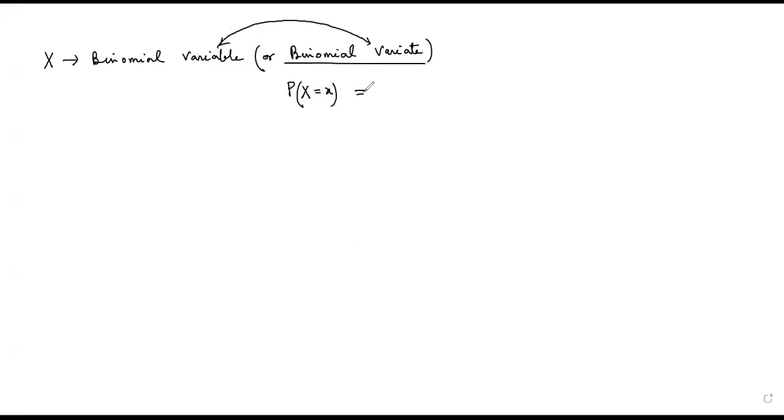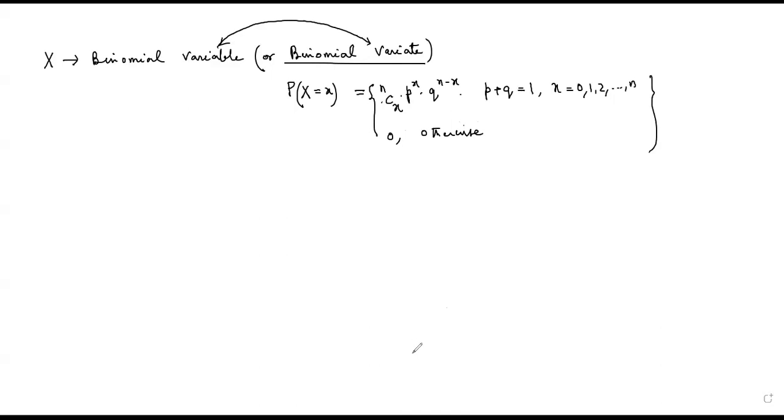So suppose you have a binomial variate, and we have come across that its probability mass function is given by this law, nCx p to the power x q to the power n minus x, where p plus q equals 1, and x takes the value 0, 1, 2 up to n. And for completeness, we always write it in the following manner, because after all, it is a function, so we are writing this in a functional form. So we know that if x is a binomial variate, then its probability mass function is given by this particular formula. But what is the point of all this?